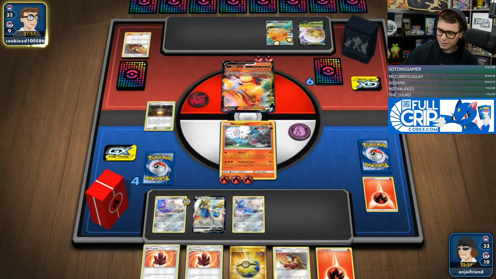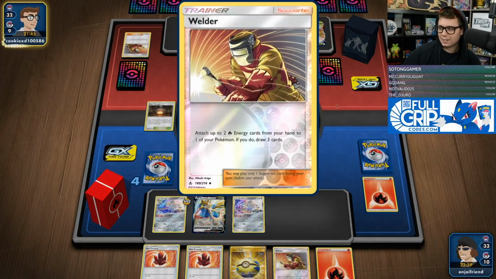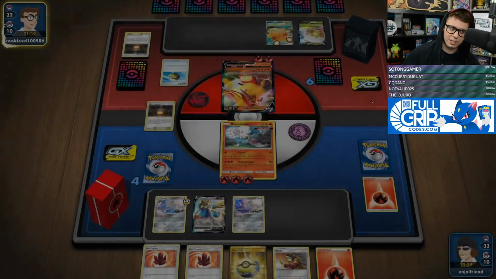Occasionally you're looking for a Hearth or a Fire Crystal, but usually it's Welder or Quick Ball. Those are the two big ones. Like, I've got Welder in hand. We just need a Quick Ball. That's like the constant scenario. Like, I got Welder. Where's the Pokemon? Guess I'm gonna have to Welder onto a Jirachi or something. That's